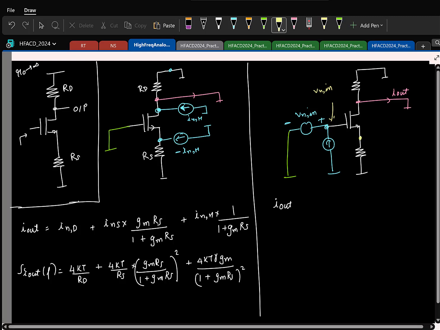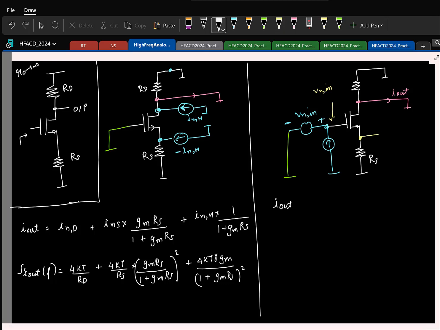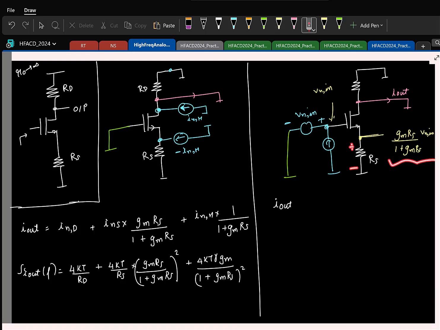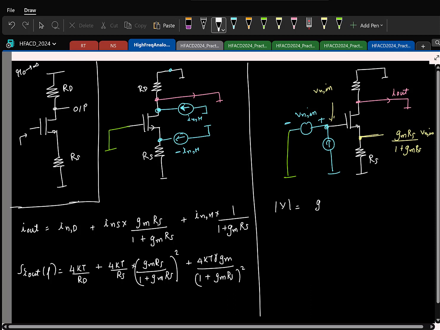As he's saying, if I look at this voltage, it is like your source follower configuration. R0 is infinity. So what is the incremental voltage here? Times your Vn. Fine. So the voltage across the resistor is this. What is the current through the resistor? 1 by RS of that. That same current is what will flow. So the transfer function, if I just take the magnitude of the transfer function is